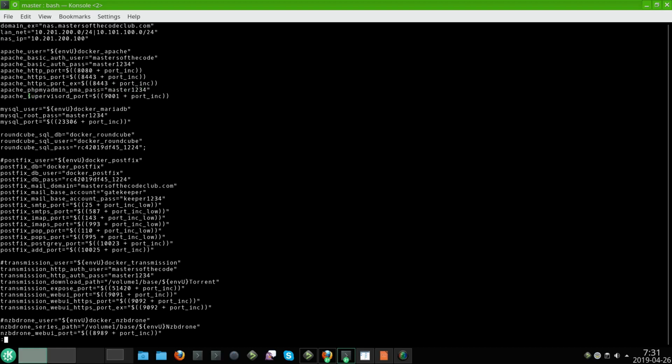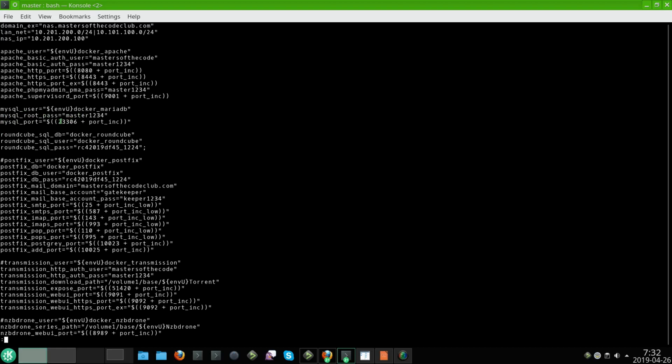And an important option here is the port for supervisord. Because Apache is the container which needs to use the same network as the Docker host, it's important to have different ports if you are using different environments and sets of containers. So they won't overlap, because in that way stopping one Apache would also stop the other Apache in a different environment. Next, you also have the MySQL user, same as for Apache, and the MySQL root password here,